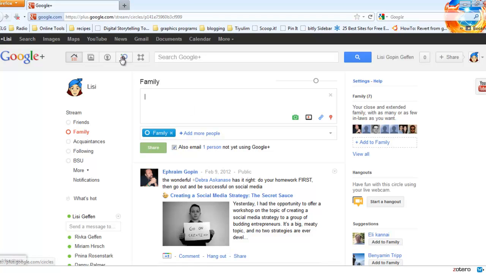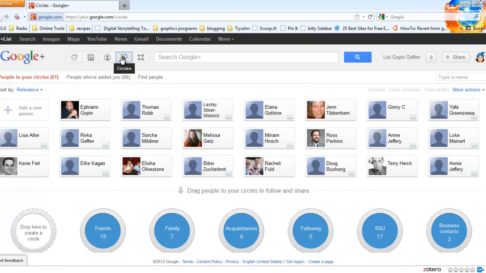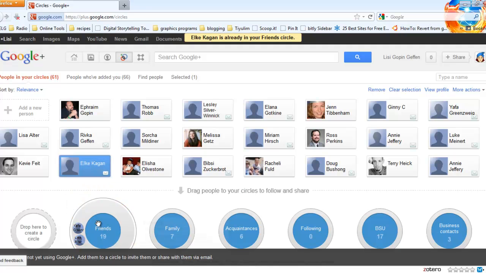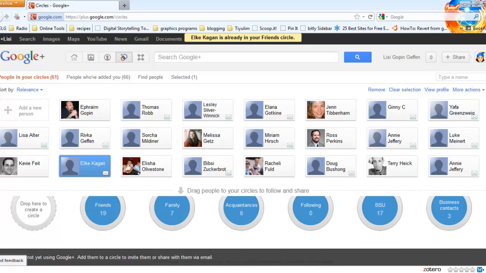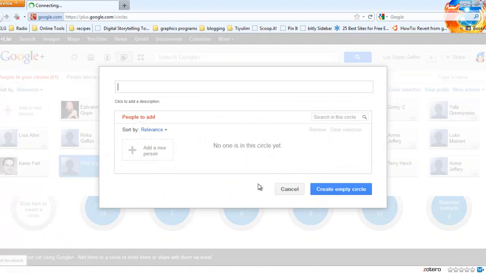When you click on the circles button on top, it displays people in your Gmail contacts and also people who've added you to their circles. So you can just drag and drop a name into a circle if they're not already there. It's very simple. It comes with default circles. You can create your own and call it, again, whatever you want. You can drop people here to create a circle, click create, give it a name,